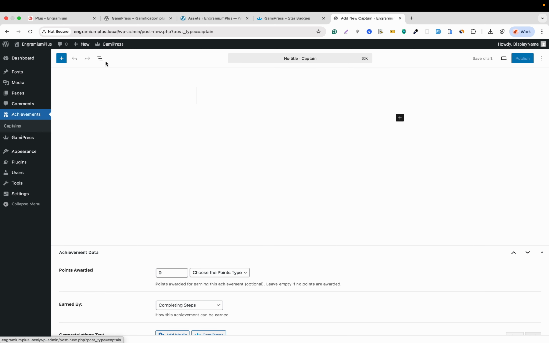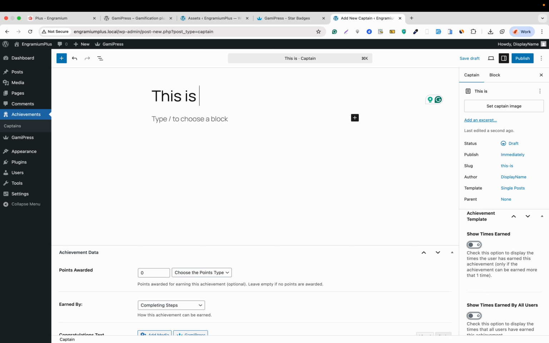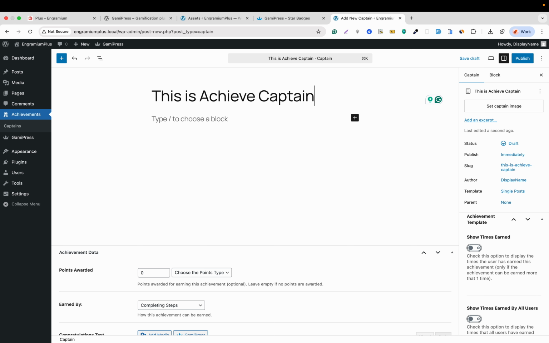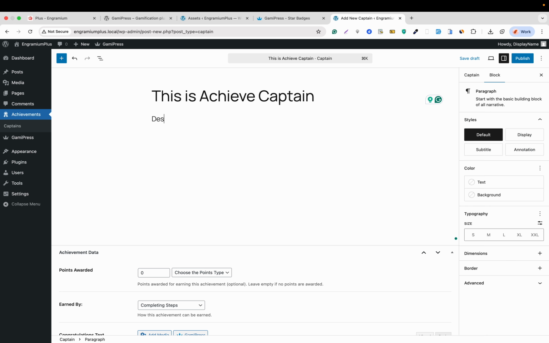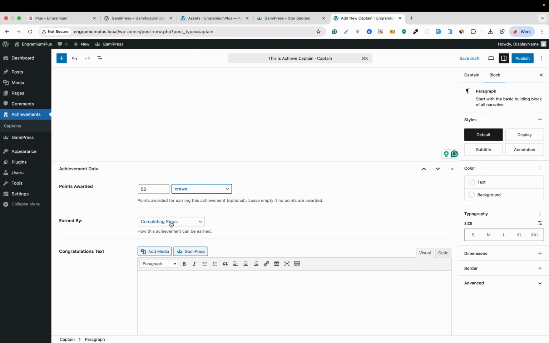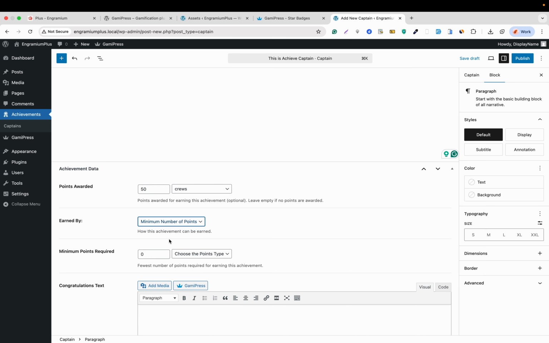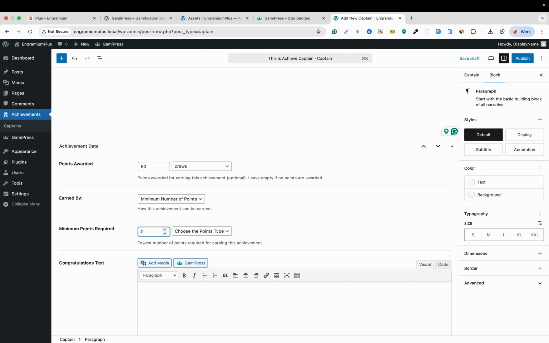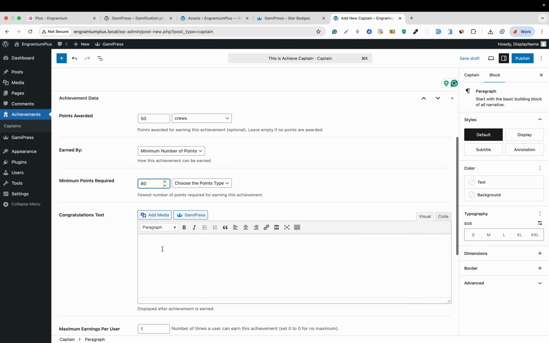Now let's create a new captain. This is achieve captain, and in here we'll set the description, and achievement data will be point rewards. For example, 50. Choose the point type crew member, earned by completing steps or minimum number of points. Minimum number of points, let's set to 80, and congratulations text, thanks for